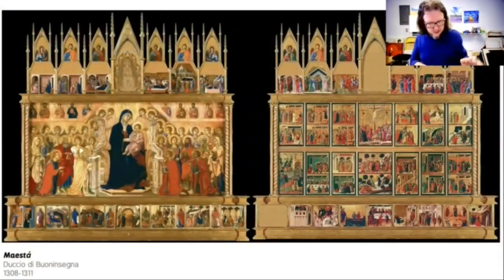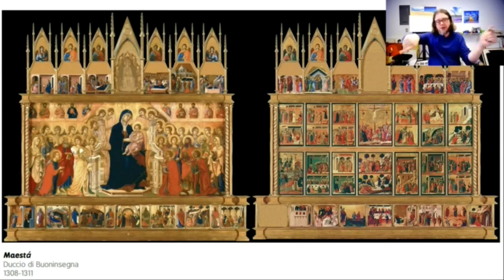So there's this piece, the Maestà. This is a giant altarpiece that he painted 1308 to 1311. An altarpiece would be a piece that would be on the altar in a church, and it would be behind the altar so that mass would be performed in front of it. It essentially provided a backdrop. And in the cathedral in Siena,